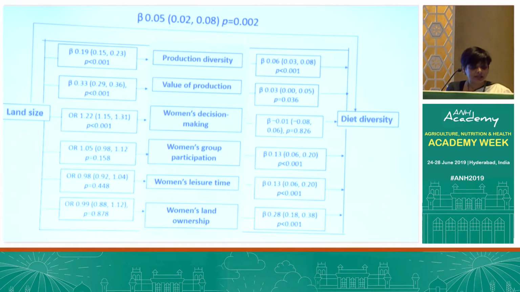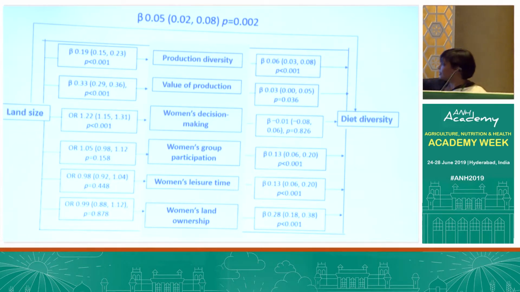But land size is statistically significantly associated with production diversity, value of production, and women's decision making. What is interesting is that land size increases women's decision making, but nothing else really. Sorry, I'm not following my own rules, but